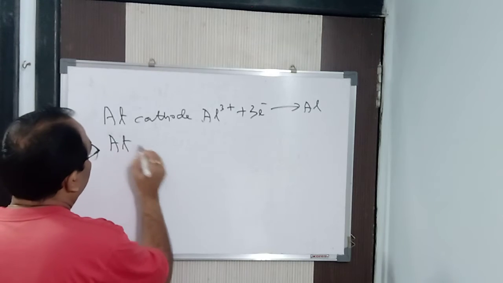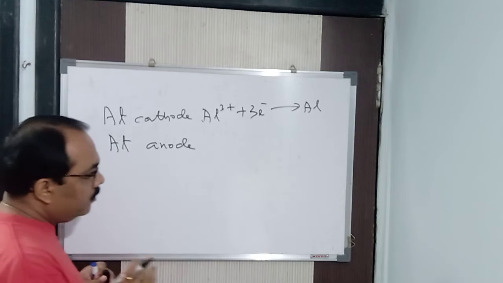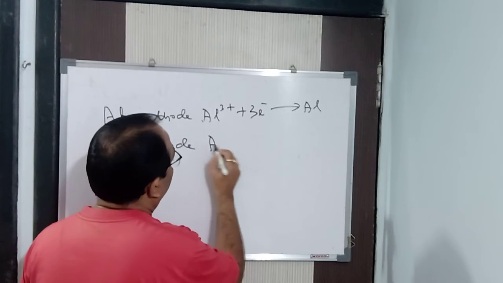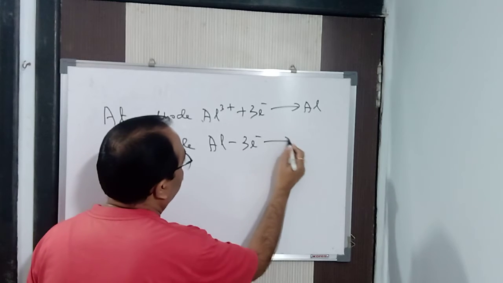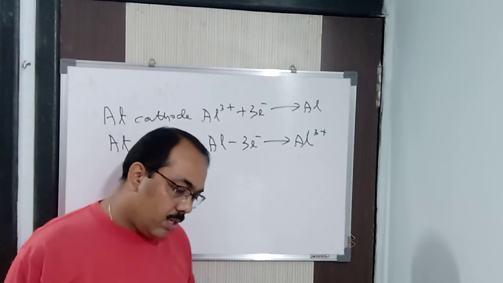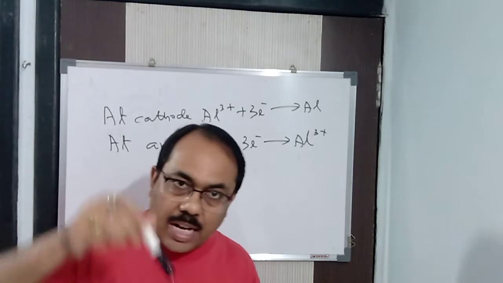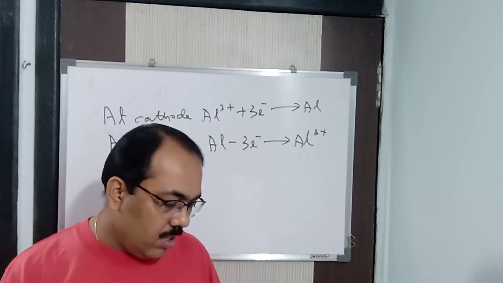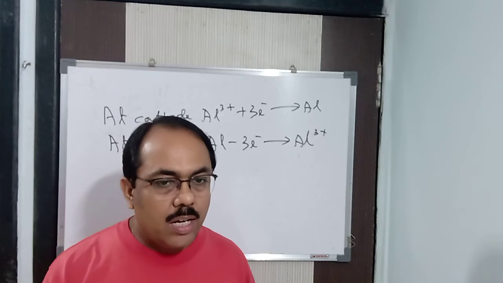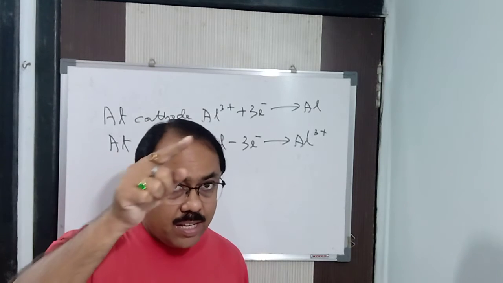Now at the anode, what happens? At the anode, as I said, the aluminium itself loses electrons: Al minus 3e- gives Al3+. Because the impure layer acts as an anode. Of course, we have taken the carbon rods, there is pure molten aluminium with carbon rods. But actually the lower layer acts as the anode,